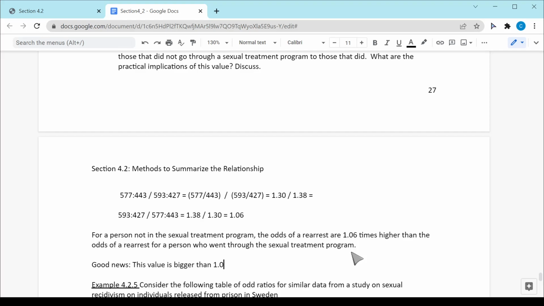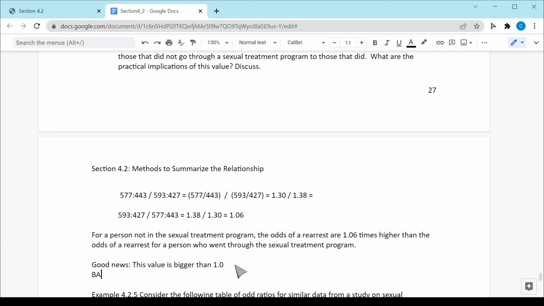Remember, we're doing a ratio, and when that's bigger than 1, it means that the odds in the numerator are higher, or whatever I'm looking at in the numerator, which is the odds of rearrest for somebody that did not go through the sexual treatment program. So this means the sexual treatment program is working a little bit, maybe, because a value of 1... the bad news,